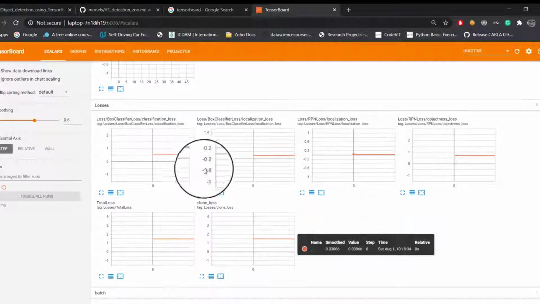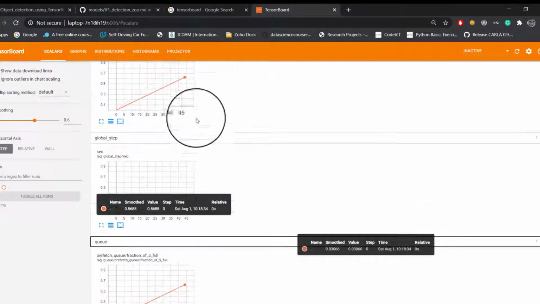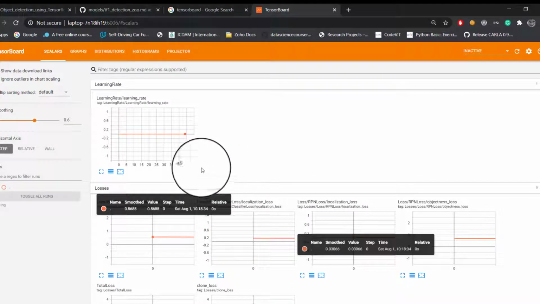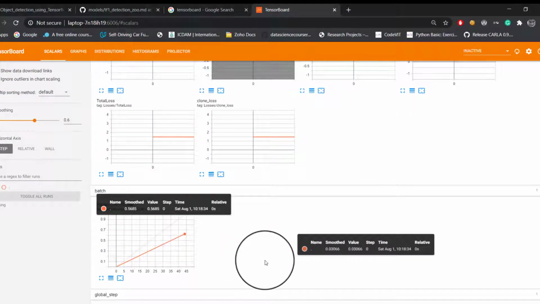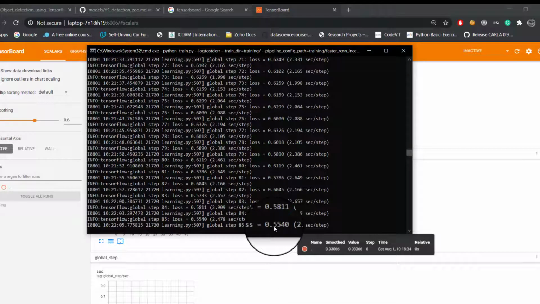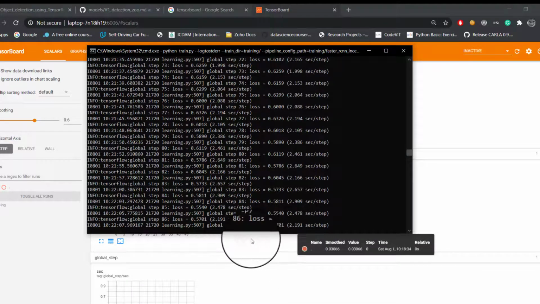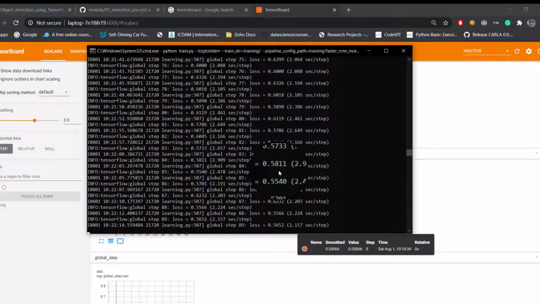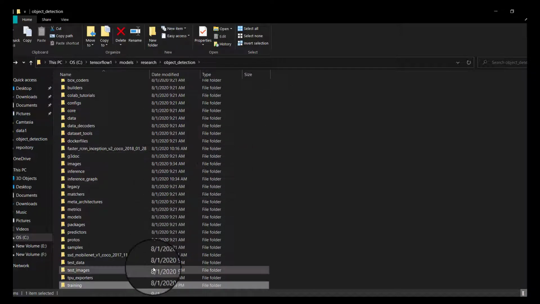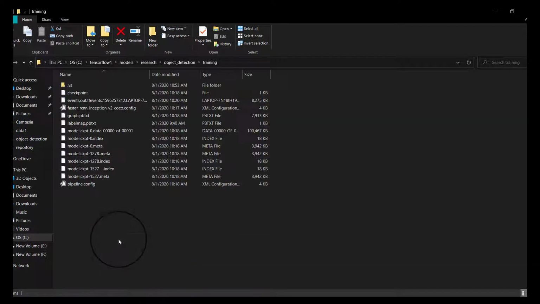So as you can see, we are able to create some graphs over here, but my images are few, that's why it is giving me a straight line, no losses and everything. But here you can see what kind of losses I am getting in every step, and after completing your step, for the time being I'll terminate this. So as you can see, after training we will get some output. After completing your training, go to the training section, and as you can see, we have got these